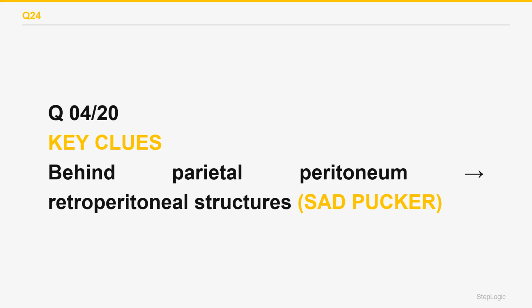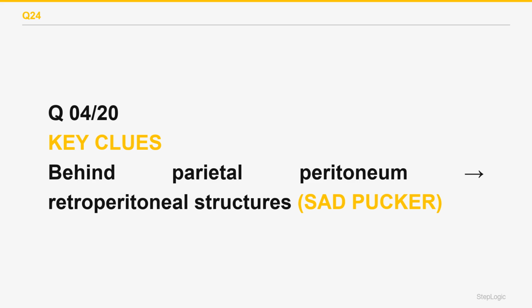Retroperitoneal structures lie behind the parietal peritoneum against the posterior abdominal wall. The classic mnemonic is SAD PUCKER: suprarenal adrenal glands, aorta and IVC, duodenum (second to fourth parts; the first part is intraperitoneal), pancreas except the tail, which is intraperitoneal in the splenorenal ligament, ureters, colon, the ascending